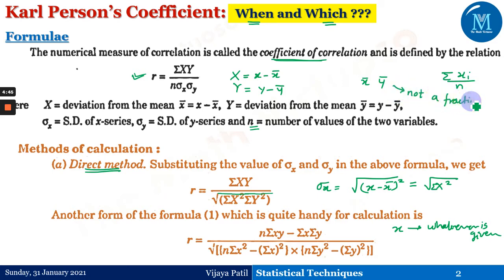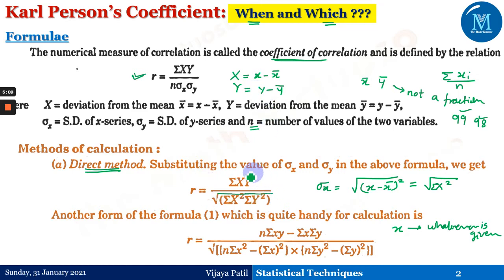At that time, I'll be going ahead with the first one. So I have given you the answer for this question. Which one? If x bar and y bar are not fractions but complete numbers, as in 99 or 98, or numbers of this type, then we will be going ahead with this first formula.